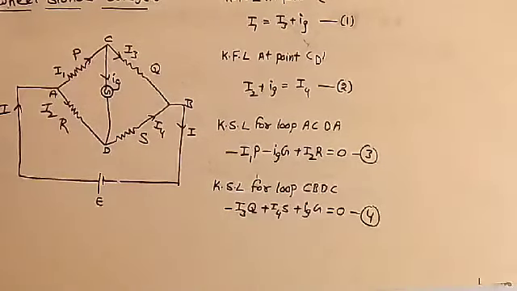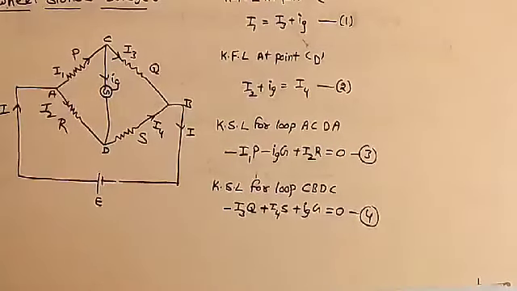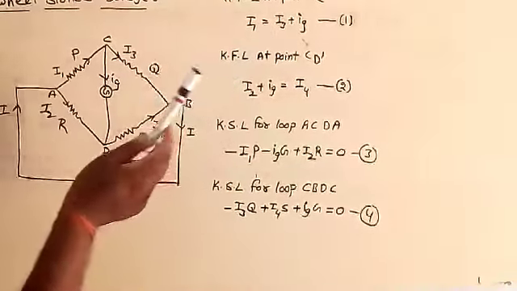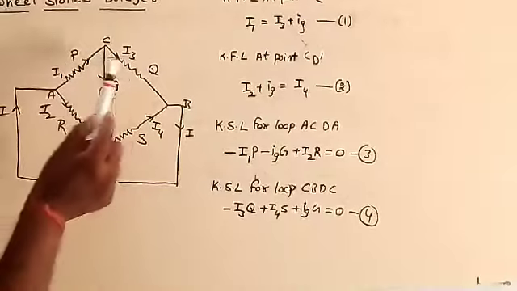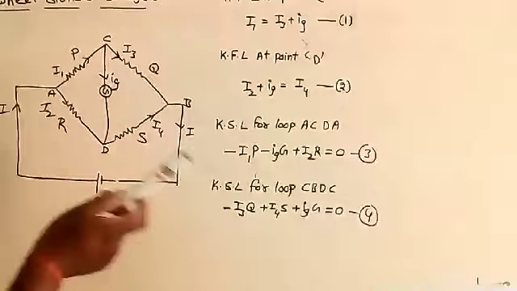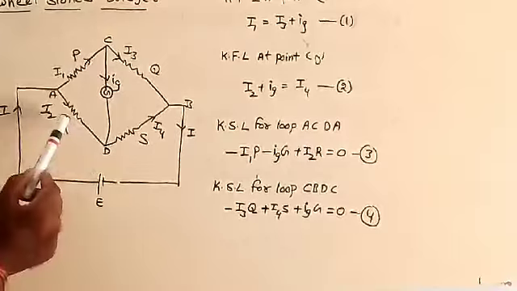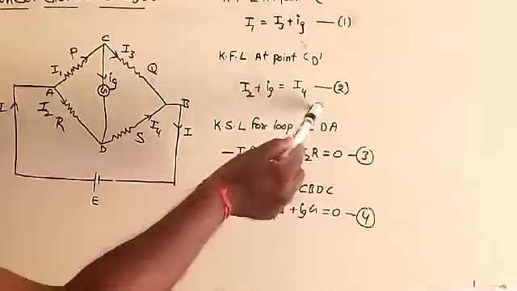See, once again, all of you see how we got these equations 1, 2, 3, 4, because this is the important thing. Once you get these 4 equations, you can finish the question very easily. So once again, I applied Kirchhoff's first law at point C. Which current is entering and which are leaving? I1 is entering, I3 and IG are leaving. That is the reason I1 is equal to I3 plus IG. Again I apply Kirchhoff's law at point D. I2 and IG are entering, I4 is leaving. That is the reason I2 plus IG is equal to I4.